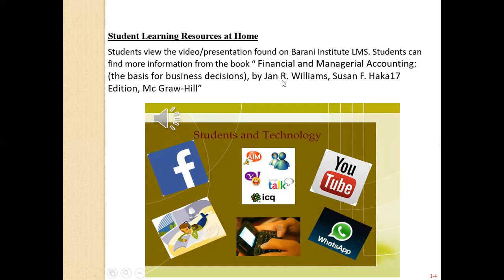By Jan and Williams, four authors in all. So this book you can follow. I will also upload this book on your LMS. You can download this book, and by reference of the chapter and the topic, you can read the book. You can read the lesson notes, and you can get help from your video lectures, and also